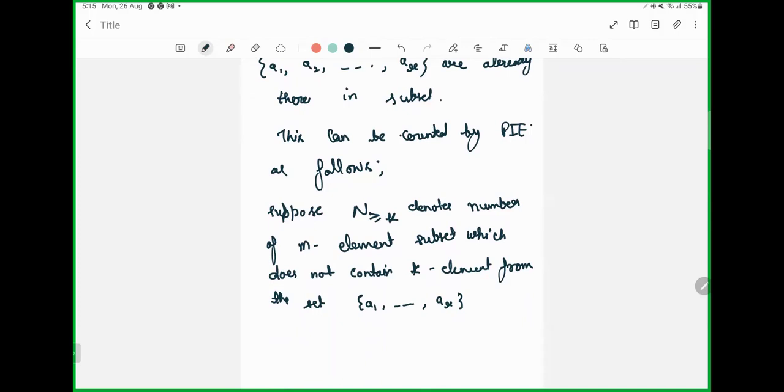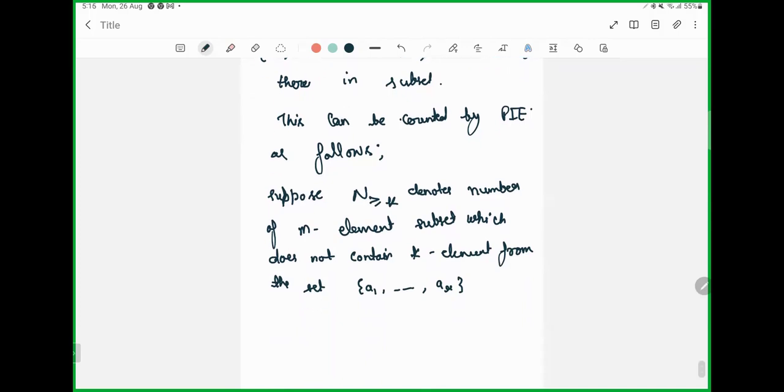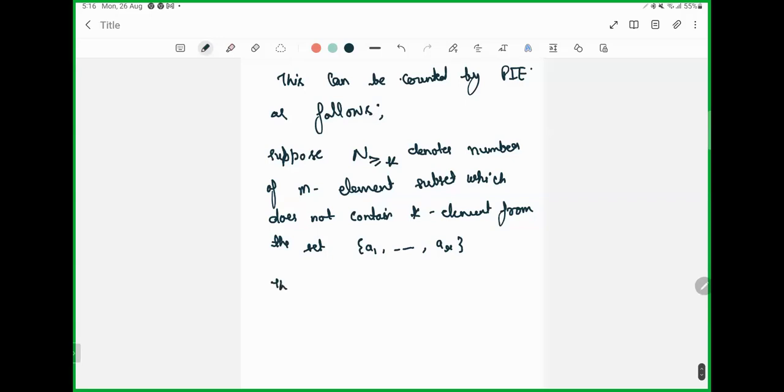And by the principle of inclusion and exclusion, the LHS is equal to